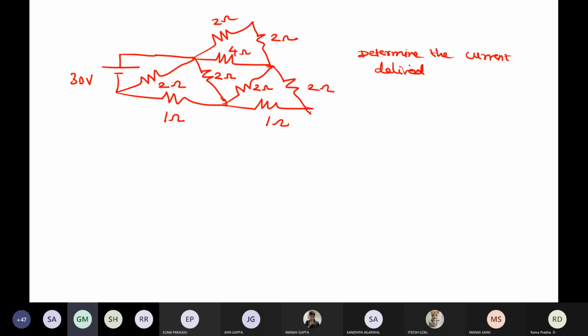Can you please make it 1 ohm right now? It will make it way easier, at least the calculation, not the technique itself. If you have a calculator, you will not think of that. If you don't have a calculator, then make it 2 ohms and do it, no problem. If you want your calculation part simpler, you can do it. If you have a calculator, you need not worry. Whatever values are given, you should be able to do it immediately. That's what I told you, to carry a calculator with you.